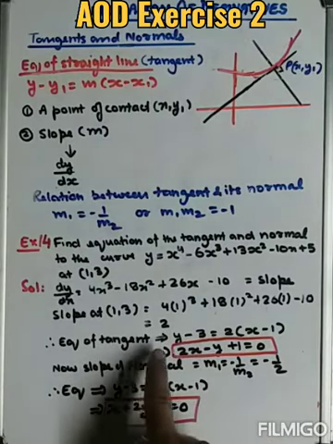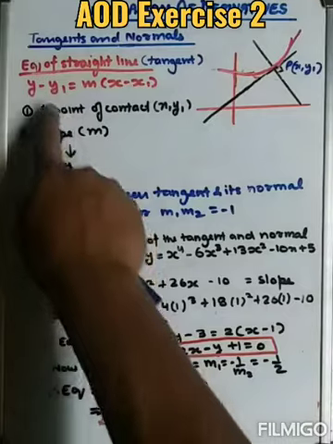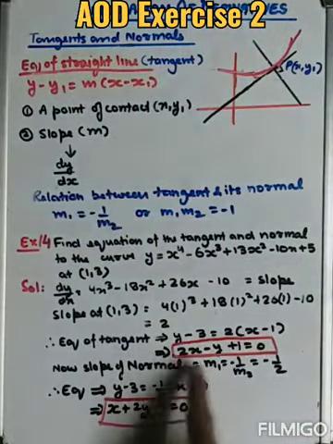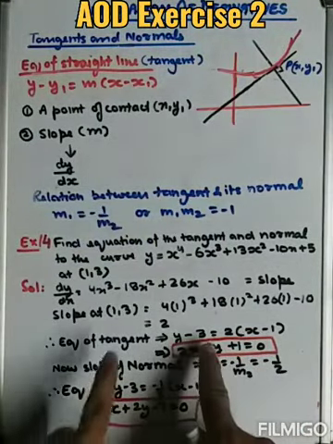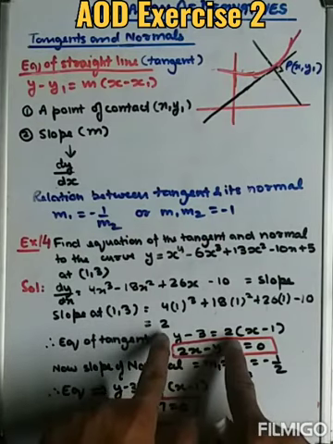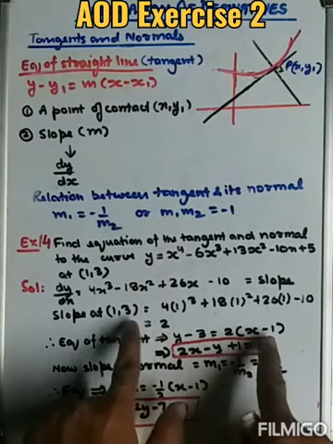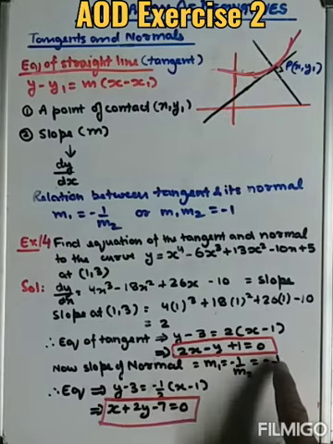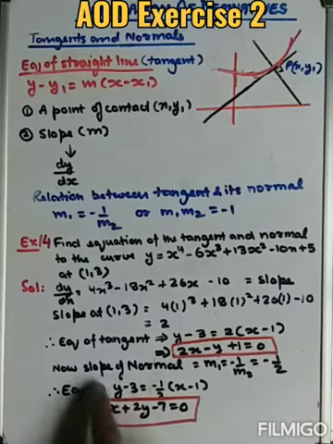Put the values in the given equation: y minus y1, x minus x1. This is y minus y1 is equal to m. We have got m as 2, x minus x1 is x minus 1. Simplify. Now the equation of normal,